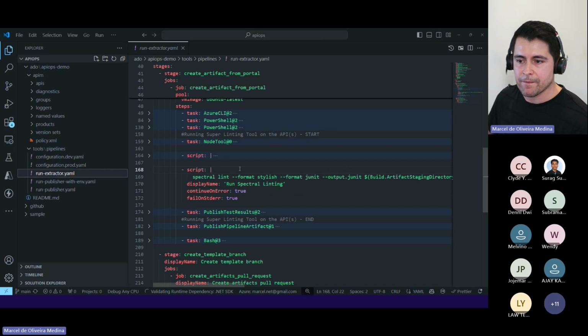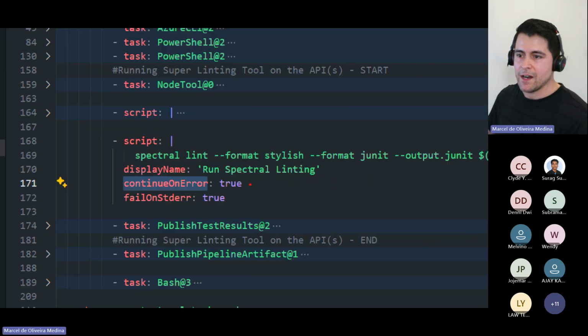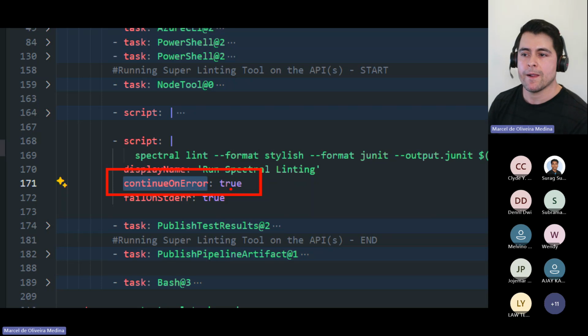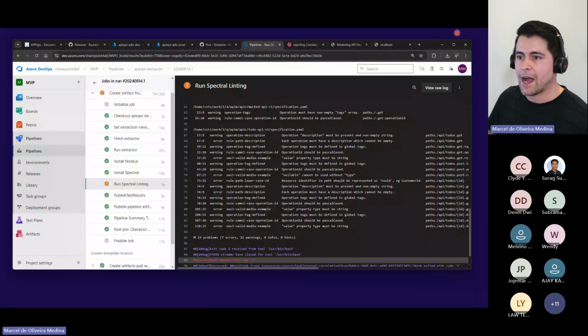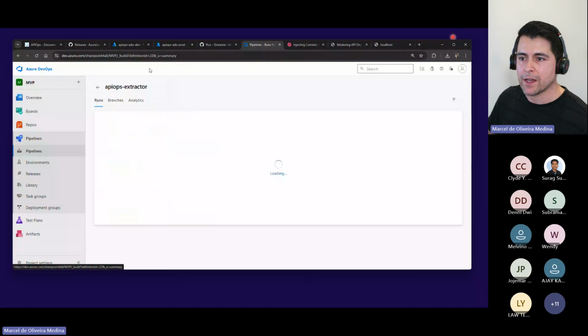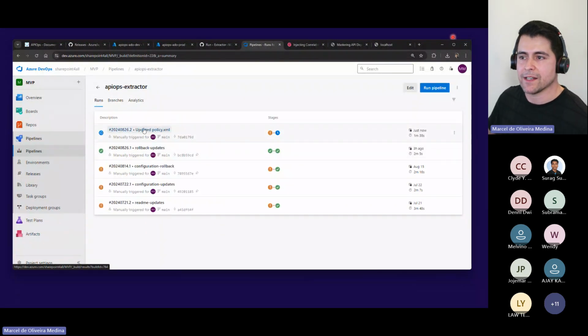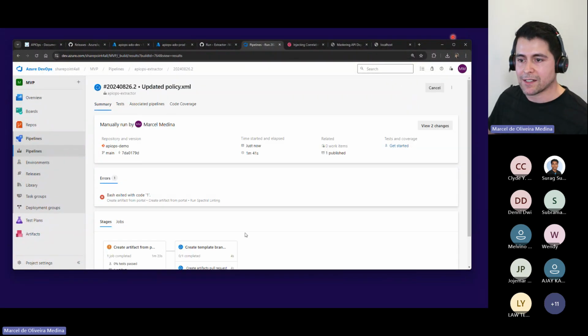If I bring the code in here, you're going to see that under the tools and the extractor, there is linter: fail or continue on error. I could say false here, but I'm skipping that. I'm just allowing continue on error, just for the sake of the demo. But for my team, I could specify no. If there is anything that doesn't match my Spectral definition, block, right? I'm not going to allow anything to go unless it follows the standards I expect.